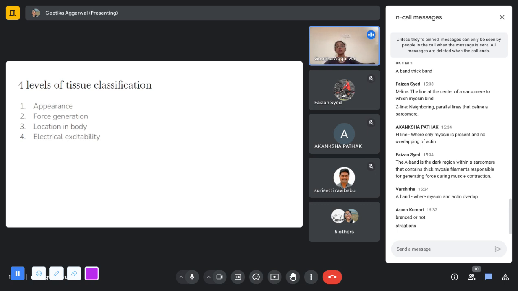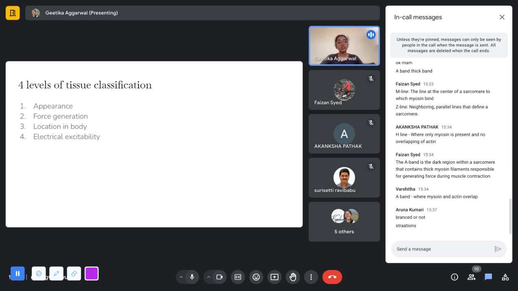We just discussed that in the previous slides. So, based on the amount of force that they generate, muscles are classified as... Anyone would like to take a guess? So basically, based on the amount of force that they generate, muscles can be classified as either skeletal if they generate a high amount of force, they can be cardiac if they generate a medium amount of force, and they can be smooth because they generate low force. So that is the force generation categorization that we looked at.